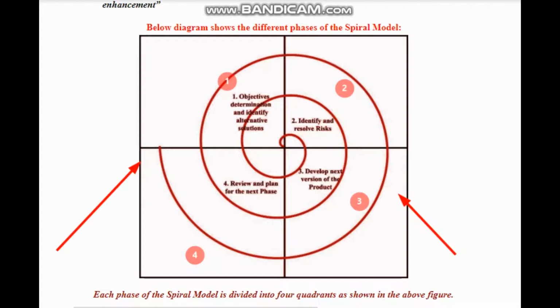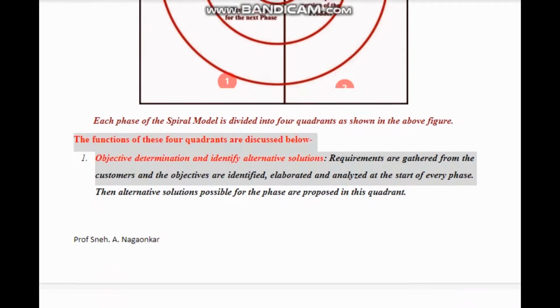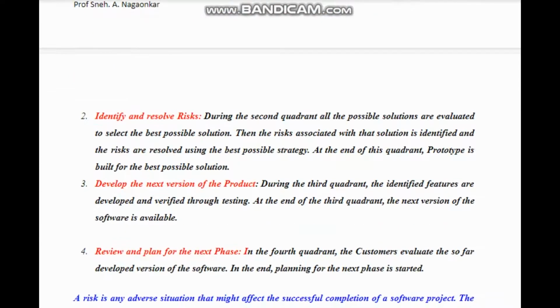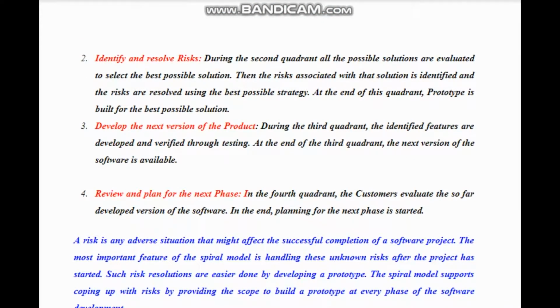I have also given you some explanation about the quadrants, so please go through that explanation. I have already told you in the sessions. First is about objectives and identifying the solutions. The second phase is all about what? Identifying what requirements you have taken, evaluating the requirements and finding out the best set of requirements.